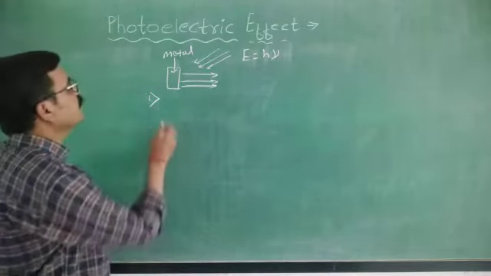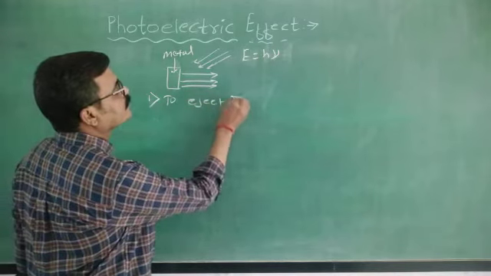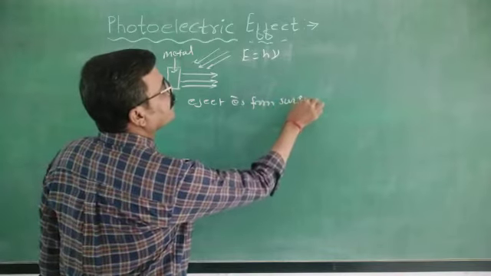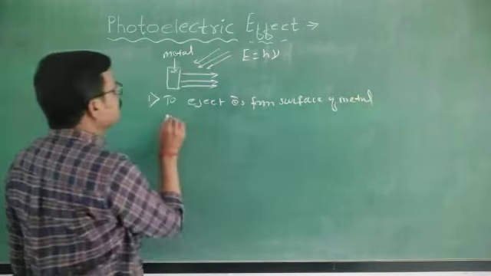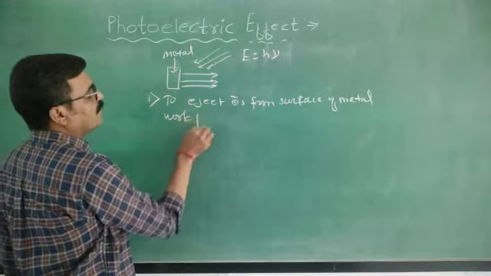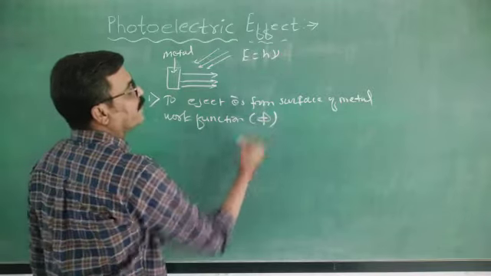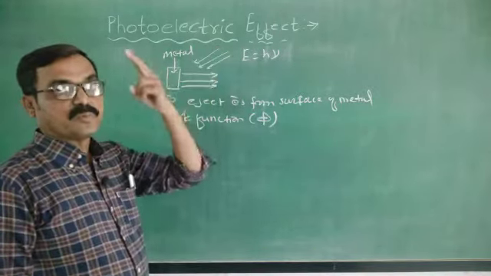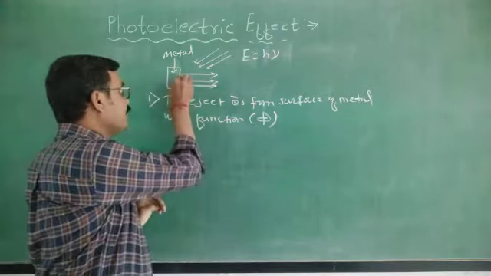Now first one, to eject electron from surface of metal, and this is known as work function and denoted by phi. Means this h nu, energy of incident light, is utilized for two purposes. First purpose, to eject electrons from this metal surface,